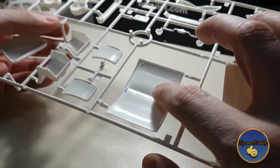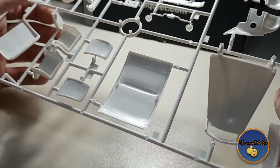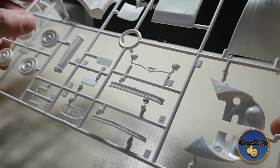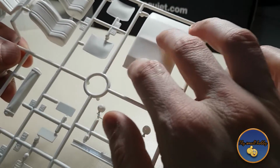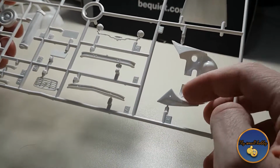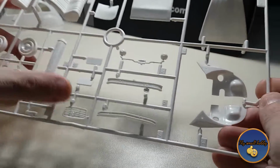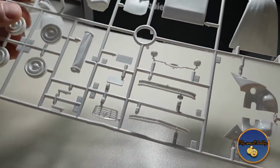It's pretty good. The ejection pin marks are on the bottom surfaces where they can be hidden from view, and all the important bits are white. So like I said, you have the covered portion where you can display the roof covered, or you can have the roof folded down when you have this little thing here. The inner arches, or the wheel wells, I think they're called, the front grille, and then of course you have the famous Citroën wheels